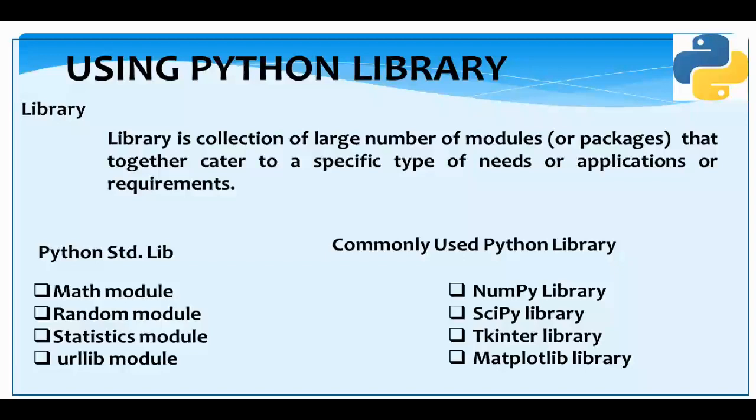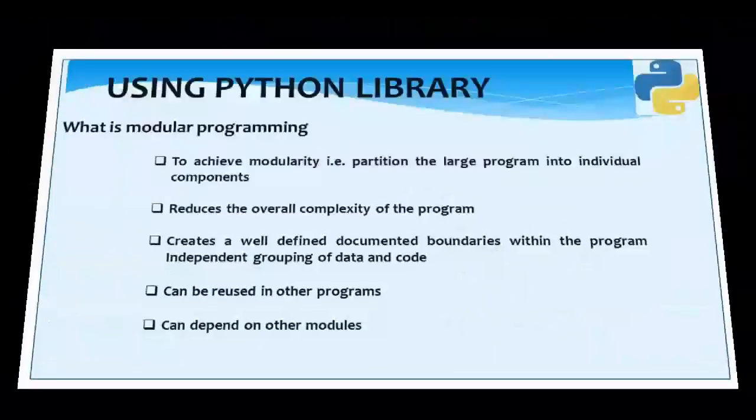The Tkinter library provides the traditional Python interface toolkit and helps us create user-friendly GUI interfaces for different types of applications. And lastly, the Matplotlib library provides many functions and tools to produce quality output in a variety of forms. So basically, a library is a collection of various types of modules. Let us try to understand the meaning of a module